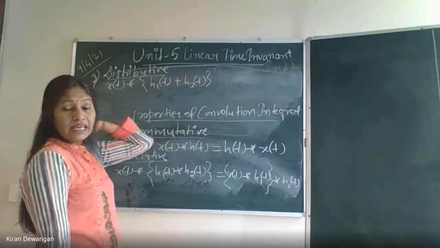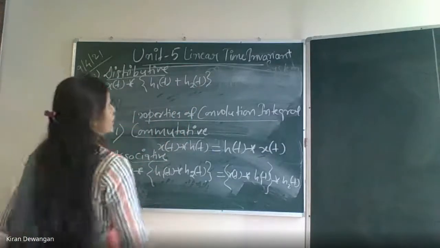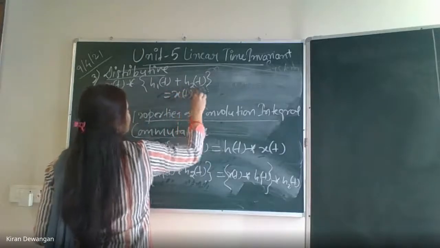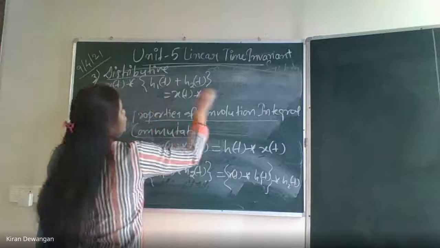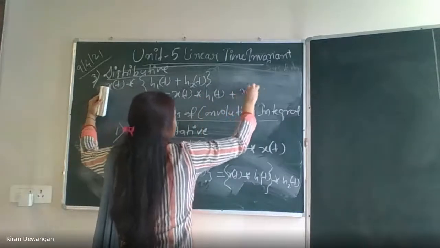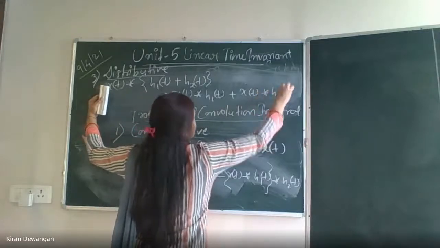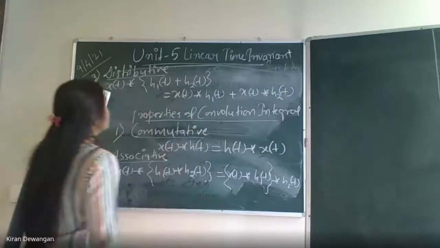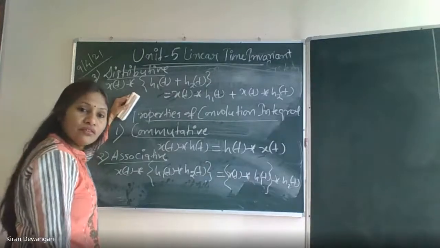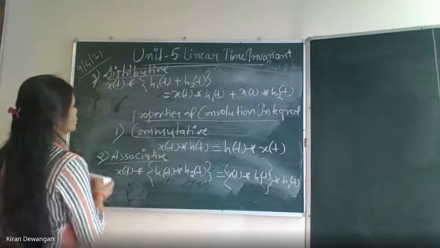So in that case, as we used to do, individually both convolutions will happen. x(t) getting convoluted with h1(t) plus x(t) convoluted with h2(t). Okay? So this one is the distributive property. Clear? Now the last one,